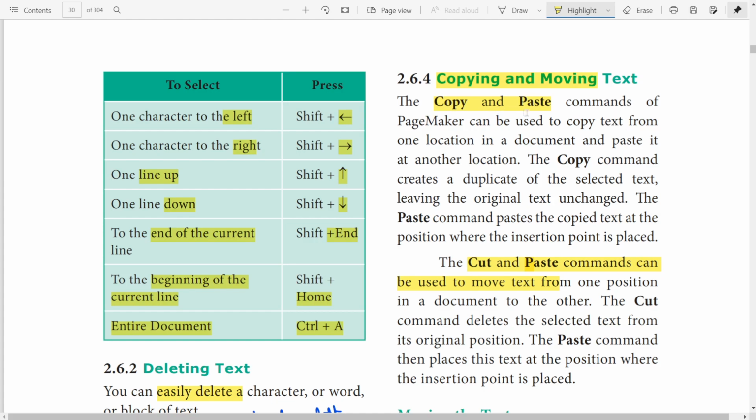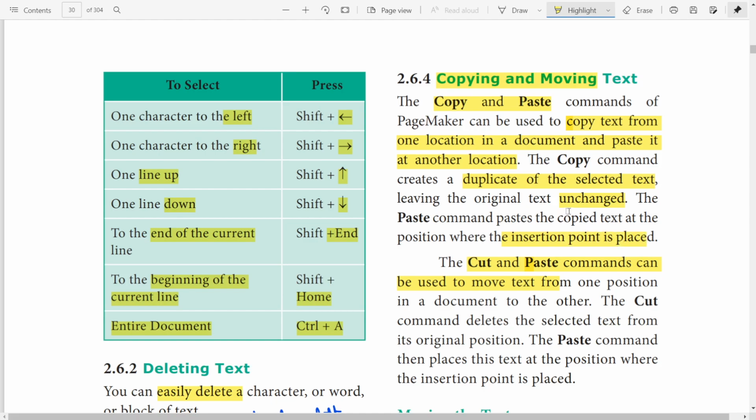For example, copy text from one location in a document and paste it in another location. The copy command creates a duplicate of the selected text, leaving the original text unchanged. This is very important. It duplicates the text and leaves the original text as it is. The paste command pastes the copied text at the position where the insertion point is placed.